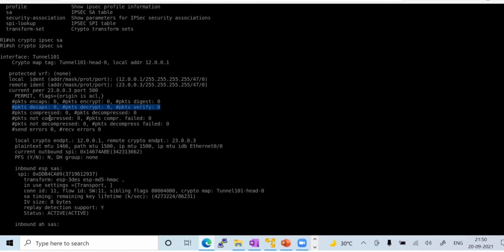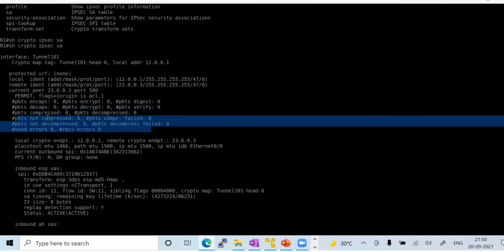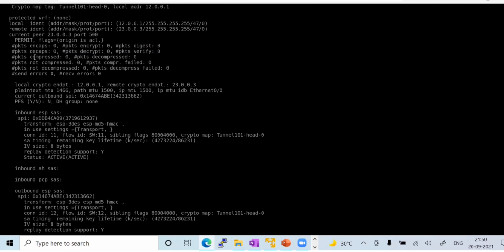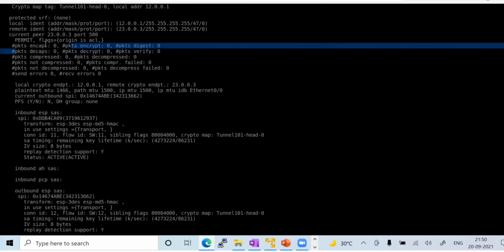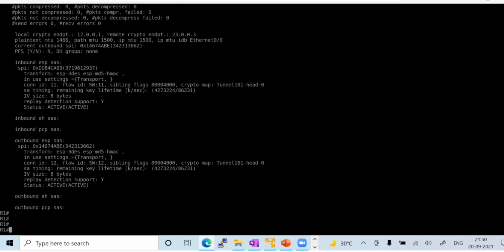You can see all are zero, right? But when we initiate the traffic, there should be some hit counts on these packets, encapsulated and decapsulated. Okay, so let's start some tests. So I'll go again here. I'll try to ping 33.33.33.33 with the source